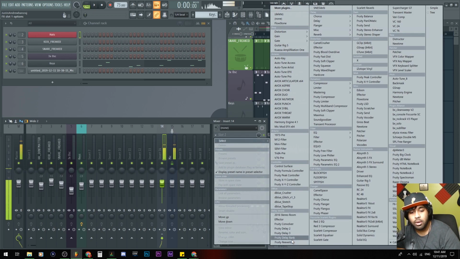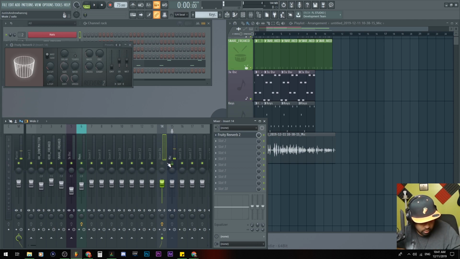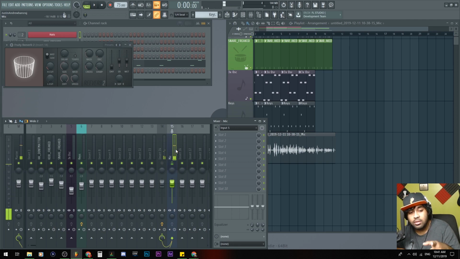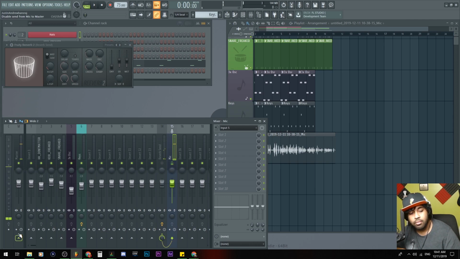So if I were to put a reverb on me, and if I were to take this dry off, now you can hear reverb in this track. Oh, sorry. Burping. But you can hear reverb in this insert here. Meaning if I take my track off from the master and only in this reverb send track, which I'll name reverb send, you hear only the reverb sound effect. Notice that I'm talking and you can't hear me clearly, just the reverb.